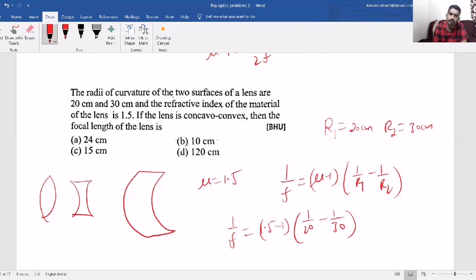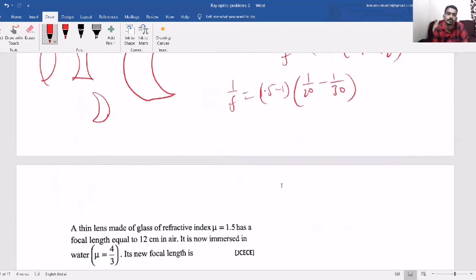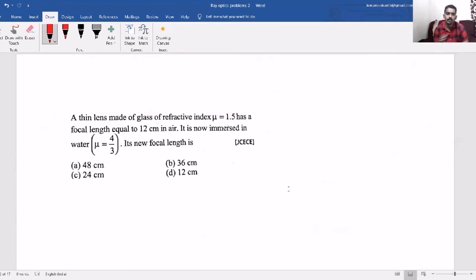But here the only confusion is what? Understanding the question, and you should realize what concavo-convex is. Sometimes they will also ask convexo-concave. Then it is reverse. Convexo-concave, like this it will come. So depending upon the question given, you have to take the lens. Sometimes they will ask like this, plano-convex lens, all those things. Now in a similar way, let's take the next question.